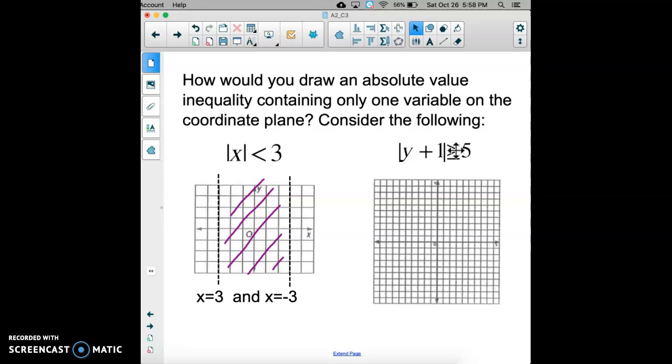So I know, like I said, that what's in here can either be the positive version, so y plus 1 equals 5, or y plus 1 could be the negative version, the negative number outside. And these I can graph. We're okay with these. You simplify them to y equals 4 and y equals -4 and graph. This one does have that little line underneath, so it's going to be a solid line. I'm going to go up here to 4,